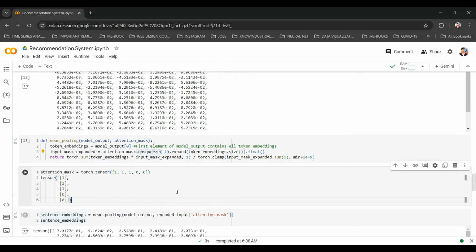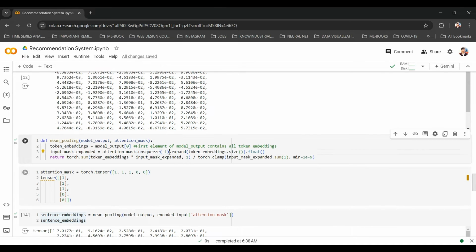So this is how our attention mask will look after that. We have basically taken all these elements and made each into a single value. Before, it was a 1D tensor with a shape of 5. Now it is a 2D tensor with a shape of 5 comma 1. So why do we need to do it? I will explain one more step and then I will explain.